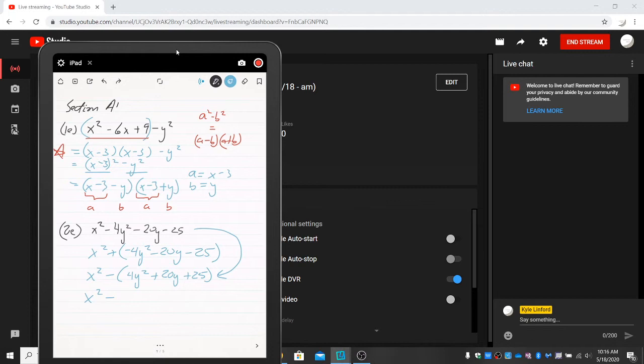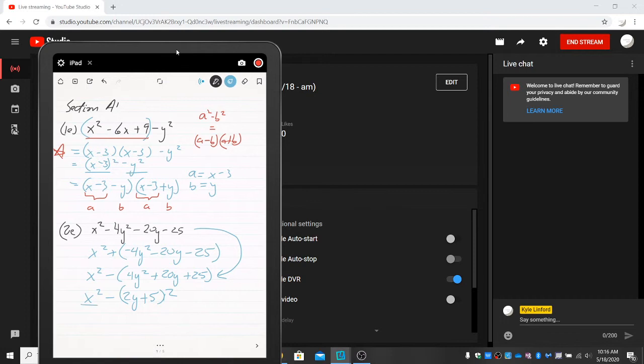The answer you should get when you do the AC method to this is 2y plus 5 times 2y plus 5. Okay, go ahead and do AC. You'll figure that out. Now, this is the same thing as saying, well, this is really 2y plus 5